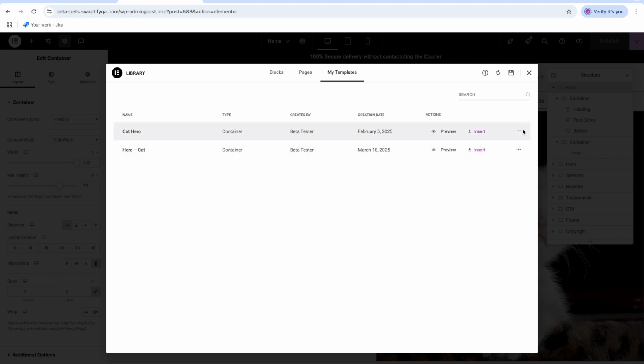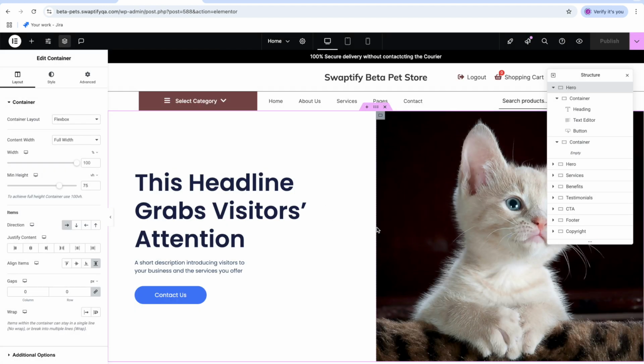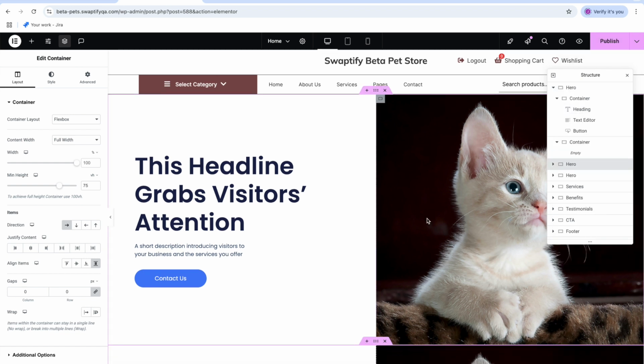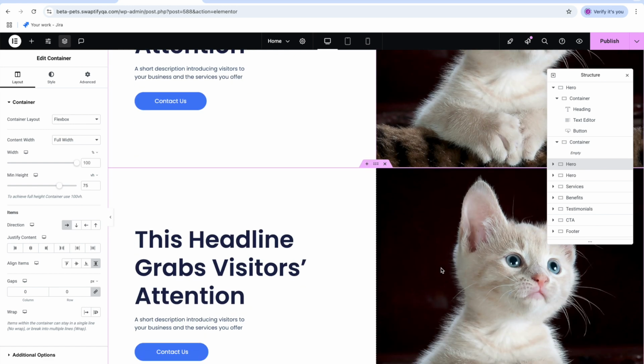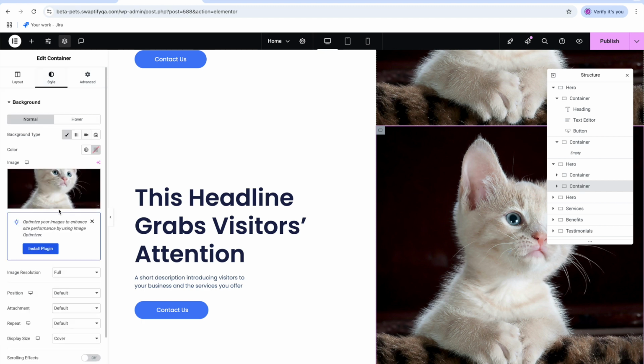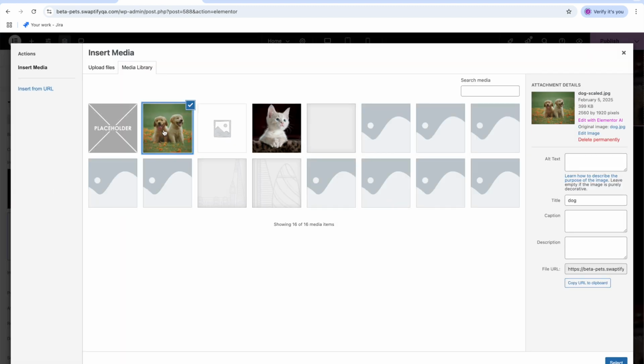Oh, it looks like maybe I already did that. Let me delete this other one. Must have been testing. Now we have our hero cat banner. Now let's make a duplicate, just in case we make a mistake and want to come back. And let's make this one a dog. So we'll edit this, change it to our puppy,